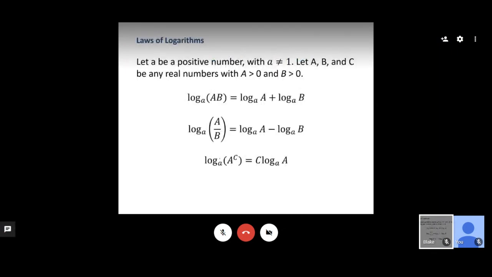So we've got 3 basic laws of logarithms that we can use in this case, right? So we're going to let a be a positive number. A can't be equal to 1, just like we talked about before. Now we're going to let these capital letters A, B, and C be any real number. Okay? And A is going to be greater than 0, meaning it's positive. B is also going to be greater than 0, meaning it's positive. That's just so we know that the values inside of our logarithms here are positive, because we know that's the